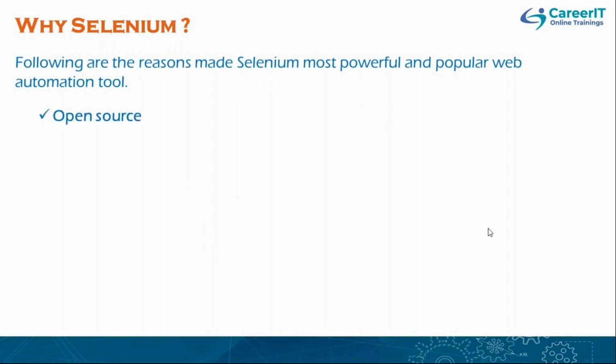Okay, so one of them is Selenium is an open source tool, guys. It's an open source tool, that is nothing but the source code of Selenium is open to all. So you don't need to purchase any license to use it. You don't need to use any trial version first and then a commercial version, not like that. You can directly go to the Selenium official website and directly download the libraries which are required for Selenium and you can use it directly.